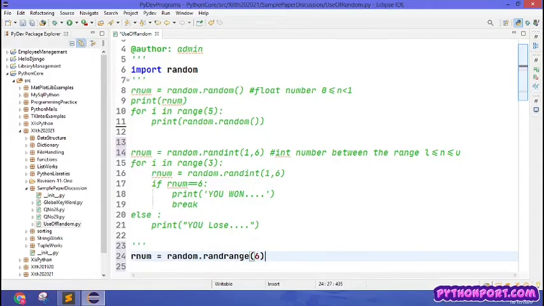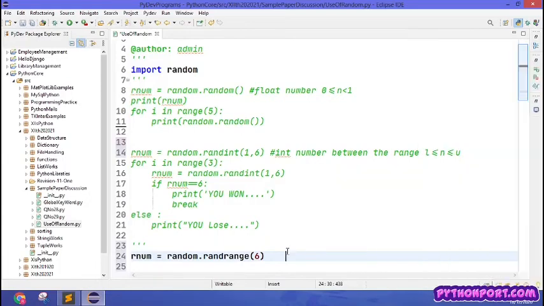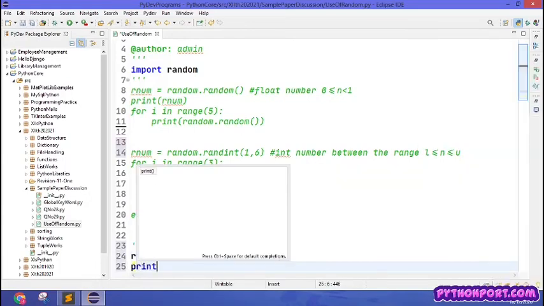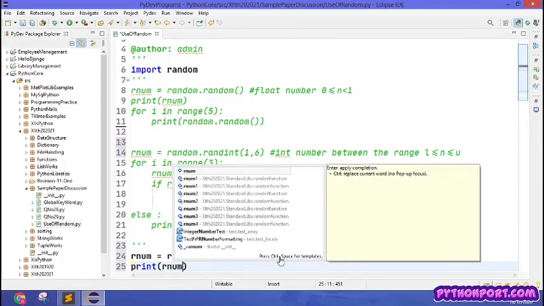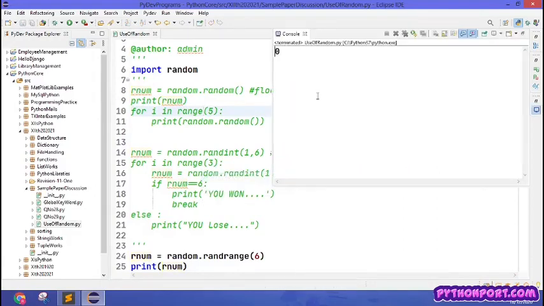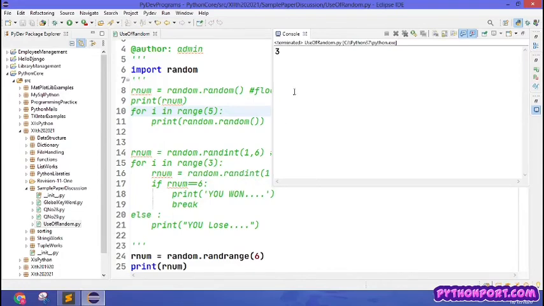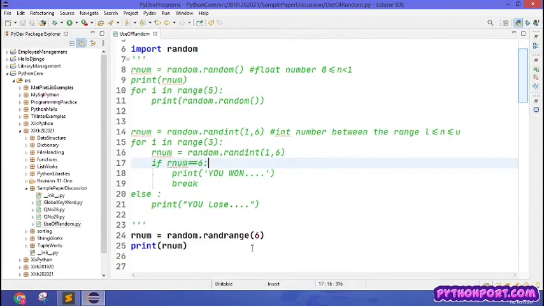Again I am telling you, if you put a single value, then it will start from 0 and go up to 6. Any number from 0 to 6 will be generated with rnum. Let's print rnum and run it. 0, once again I am printing, 0, once again 3. So anything but up to 6.